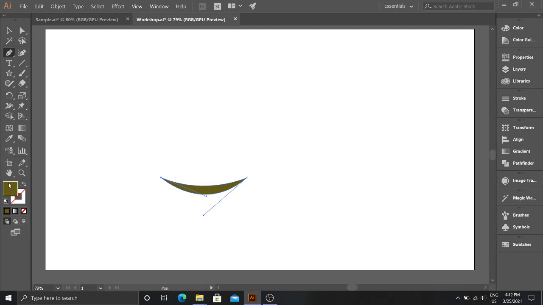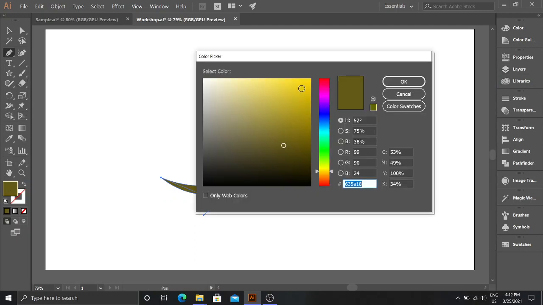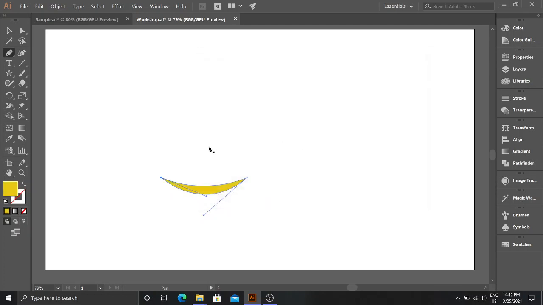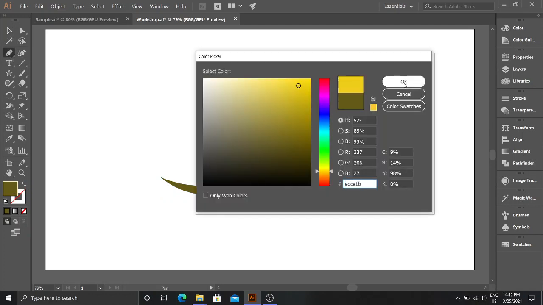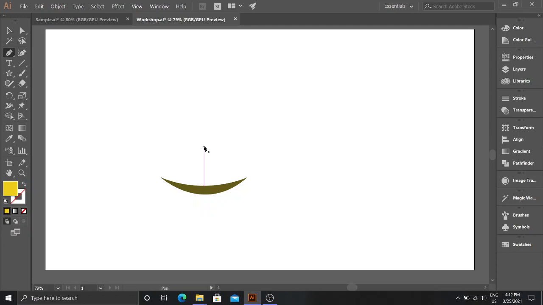Now let's draw the flame using a different color. So this is the top end of the flame and I want this to be the bottom end of the flame.